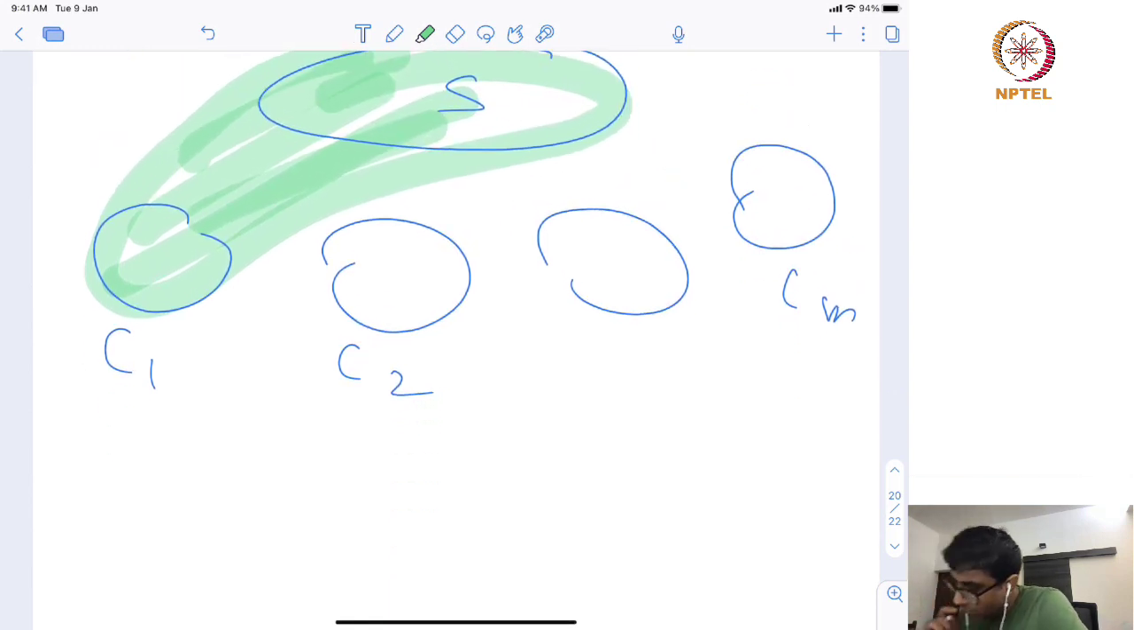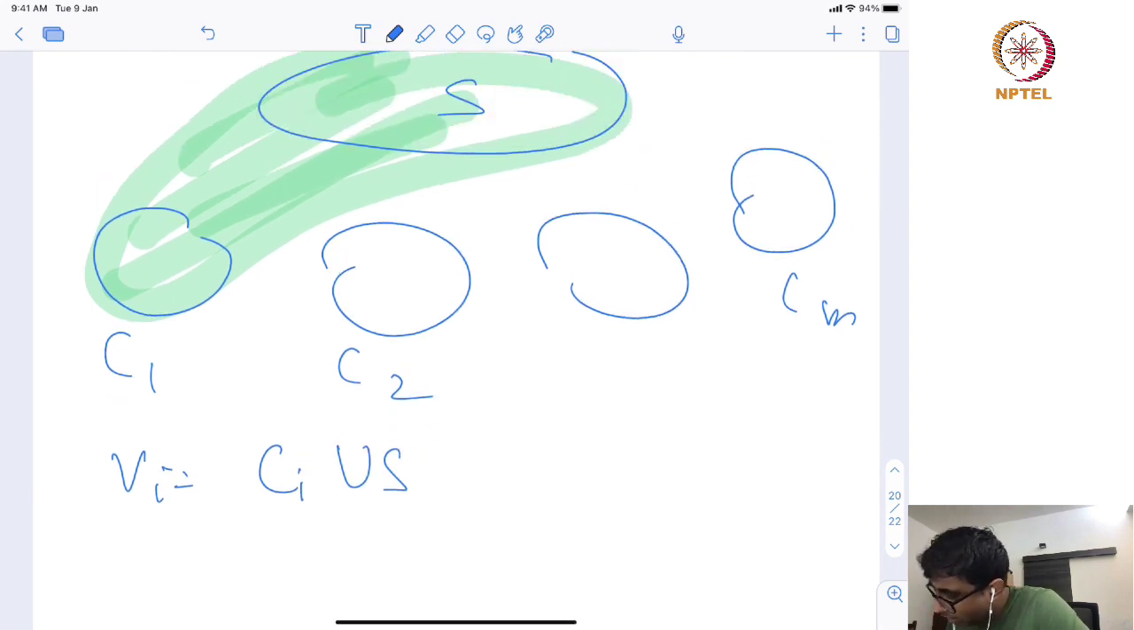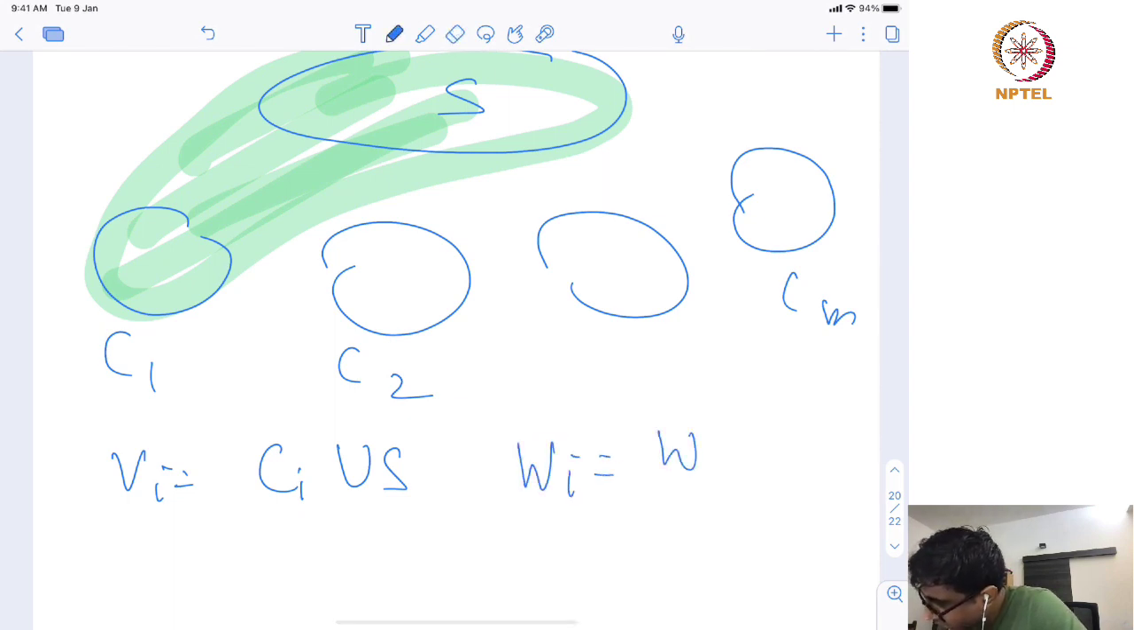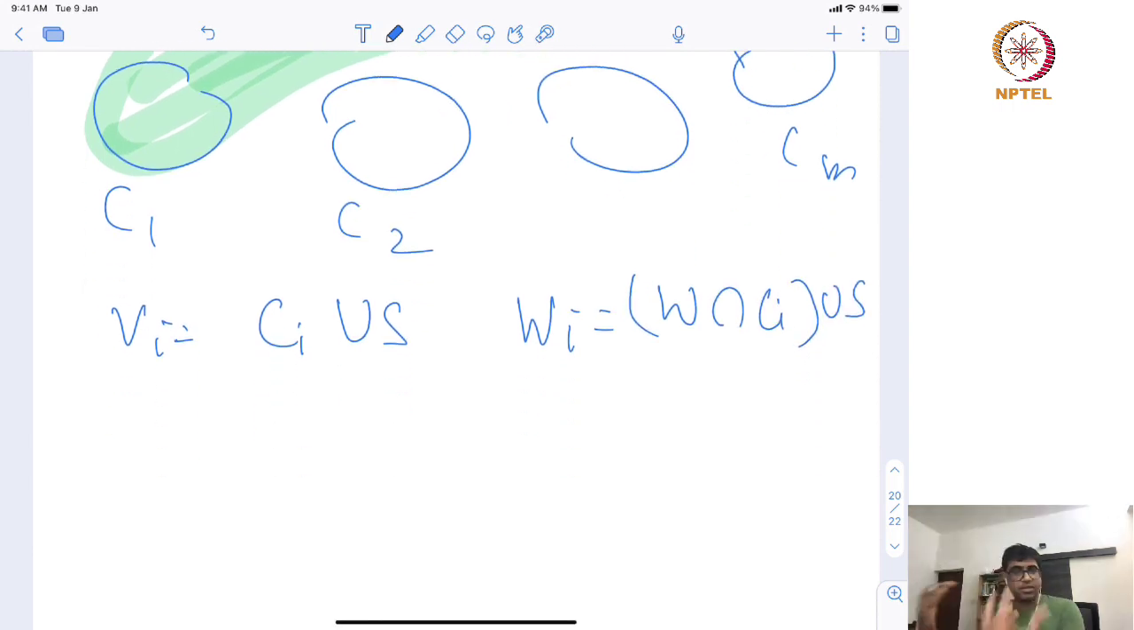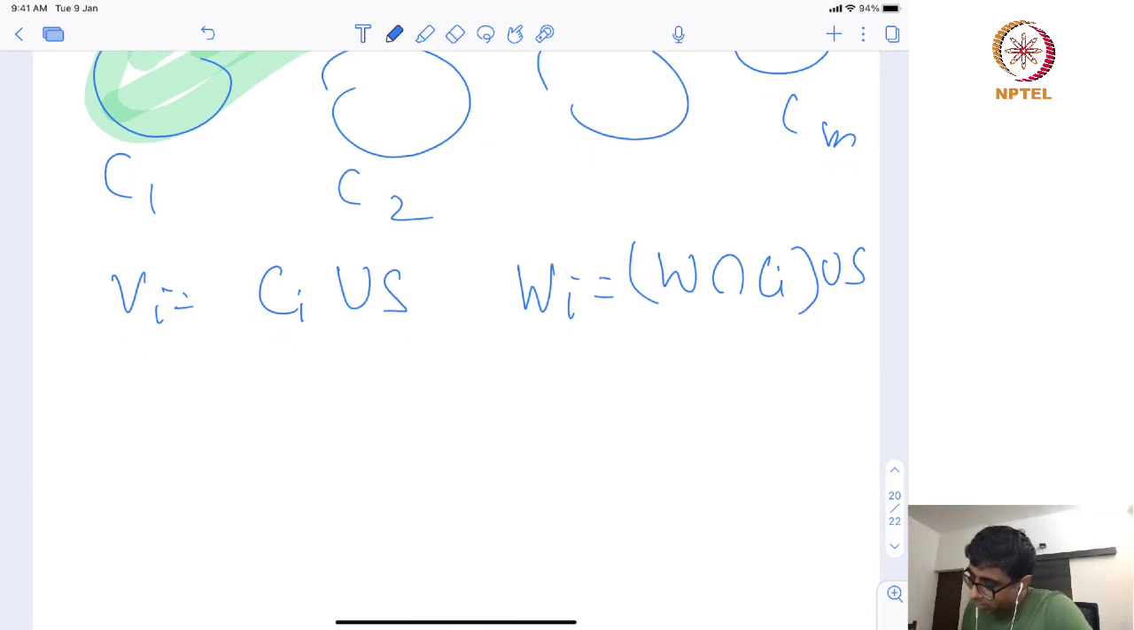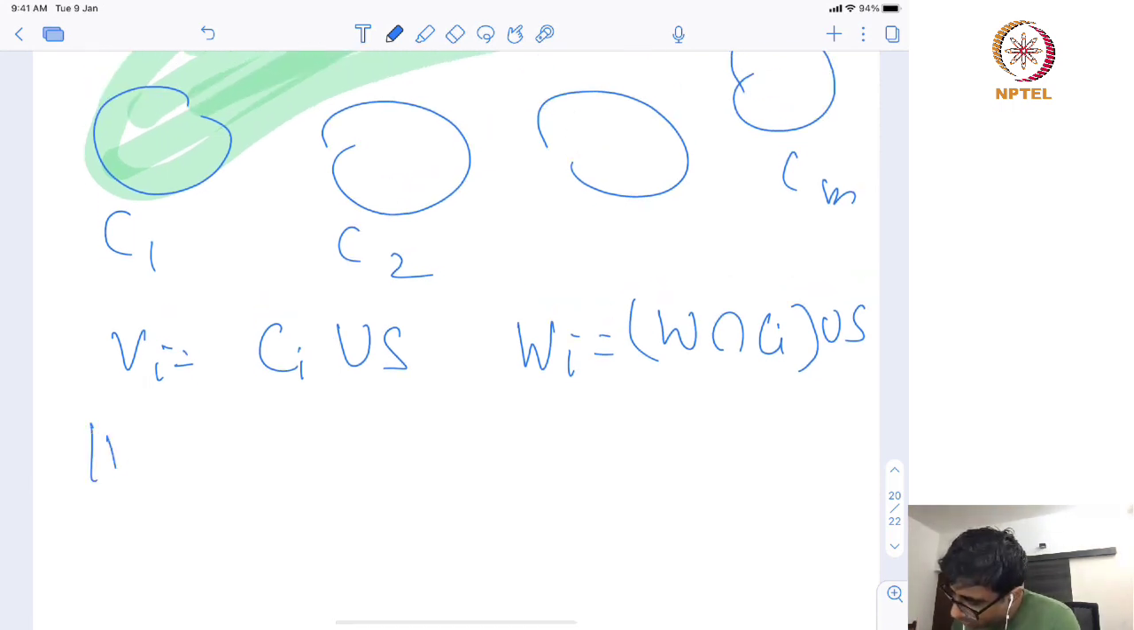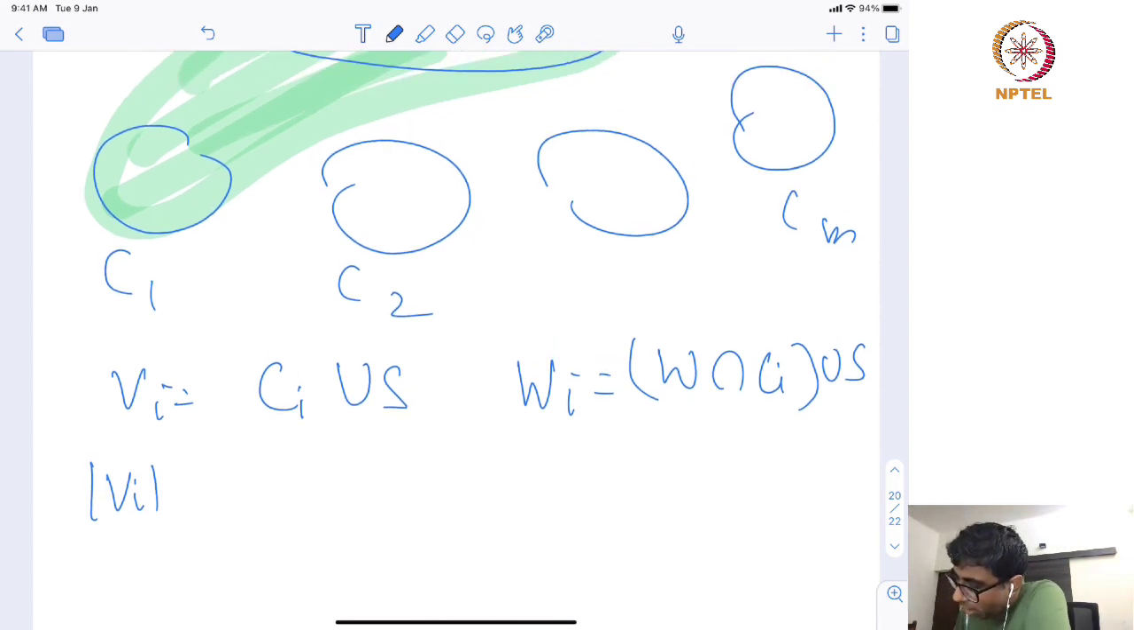Now, we wanted to show that, look at this Vi, which was nothing but Ci union S. And what did we set? Our set Wi was basically W intersection Ci union S. And now both needed to have the sum property. Now, what was Vi? To upper bound Vi, what we said: I wanted to upper bound Vi, so let's try to upper bound